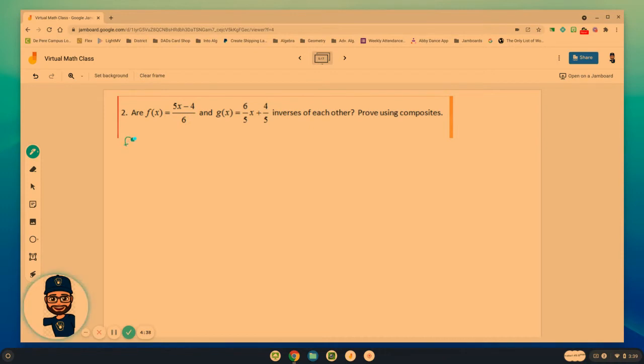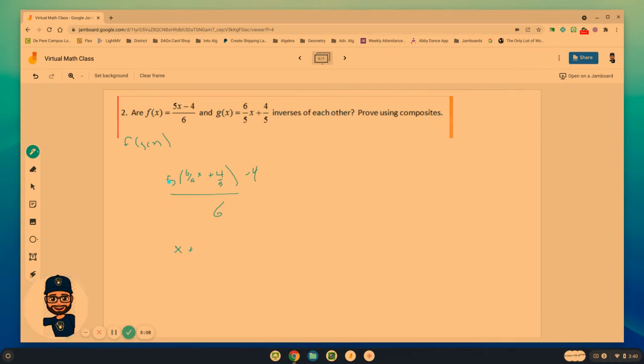So again, we're looking first for the f of g of x. So we're plugging in 5 times 6/5 x plus 4/5, that's the whole g of x function, minus 4, all over 6. We've got to figure that out. 5 times 6/5 x is just x,